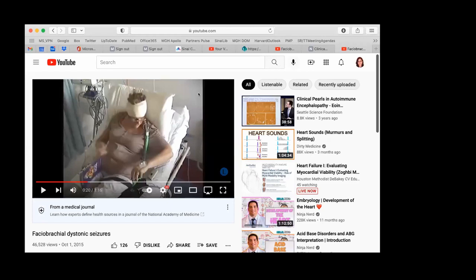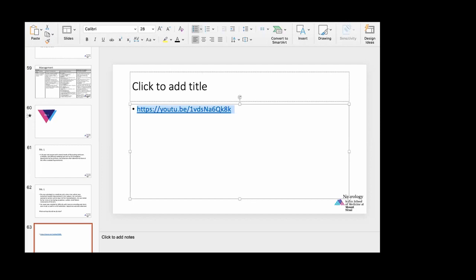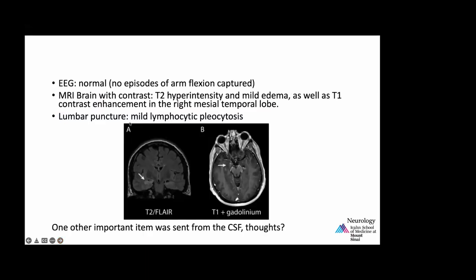Okay, so we're gonna get a CT head and an EEG. So actually, I should say, in this case, because she had been there for kind of a while, we could do a CT head, but in this case, we went straight for MRI brain with and without contrast, and that was because we had a specific suspicion. Definitely, we got an EEG and we did a lot of basic studies, which were otherwise unrevealing, except for that